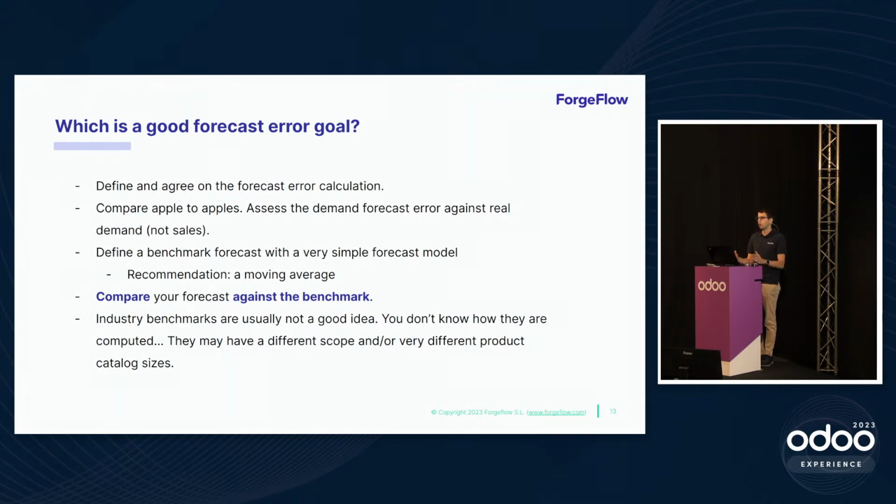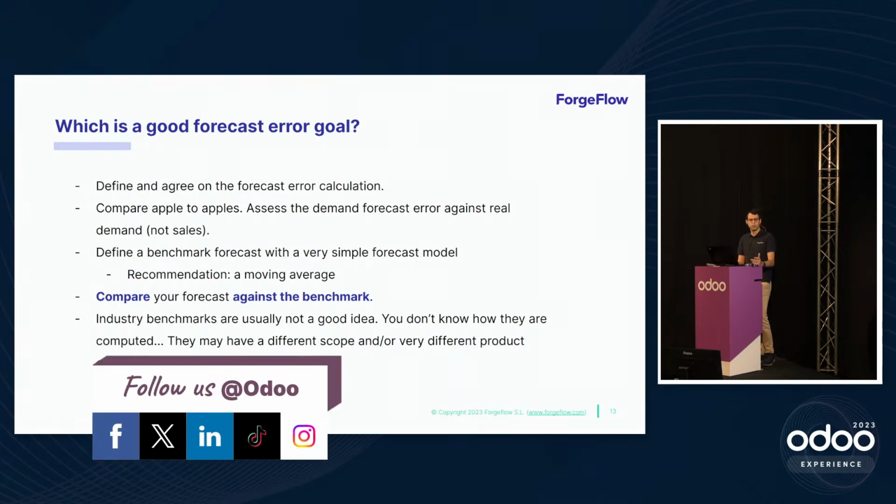Then, okay, we have our metric set. We know how to compute the error of our forecast. But what is good? What is bad? Do I need to have a 1% error? Maybe that's not worth it. So to set the goal,